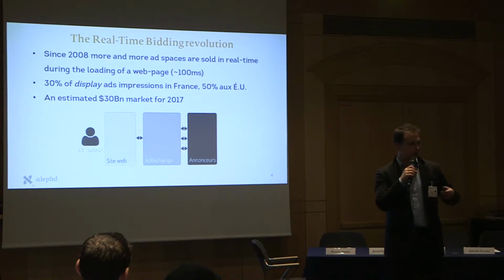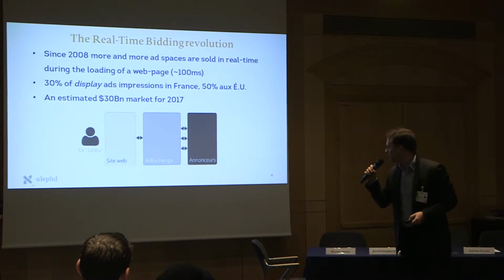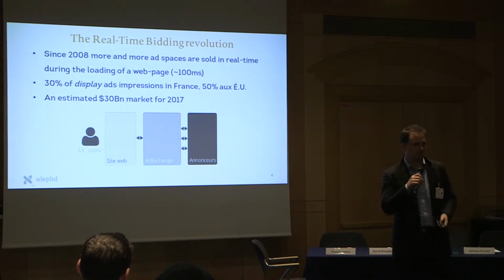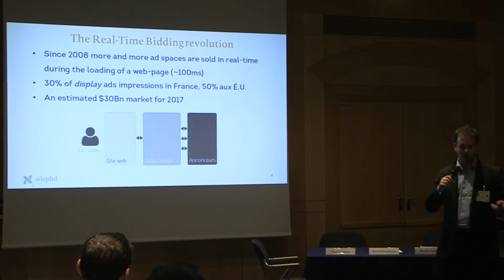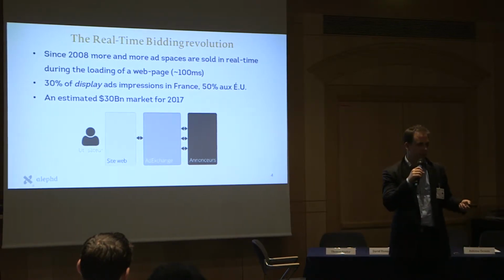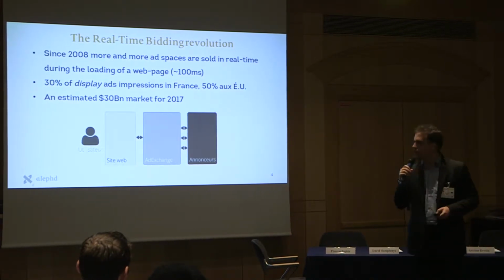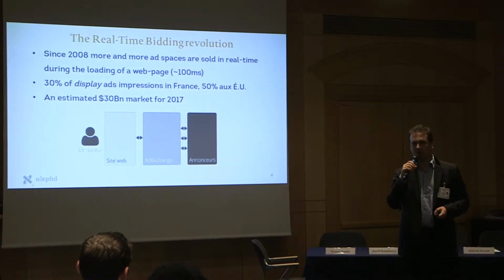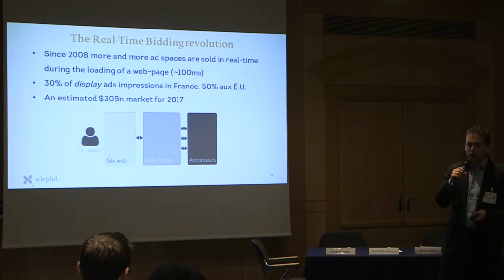If you are a user and go to a news website, for example, on this website there will be some space where the website will be able to display an ad, for example, to show you a product. Of course, this ad is displayed by an advertiser who is a different person from the publisher of the website. And so before the year 2000, the website, the publisher displaying the content to you,